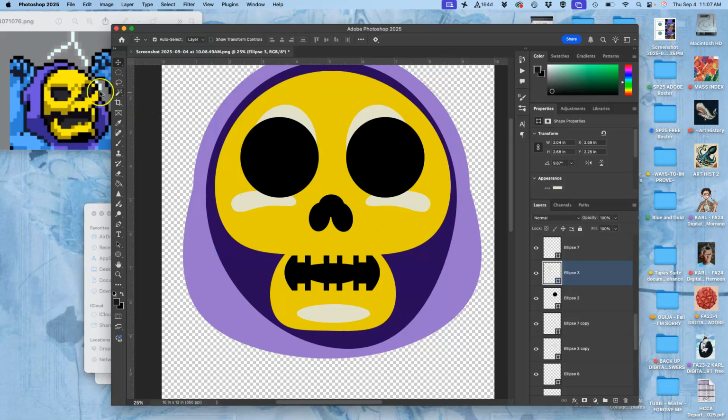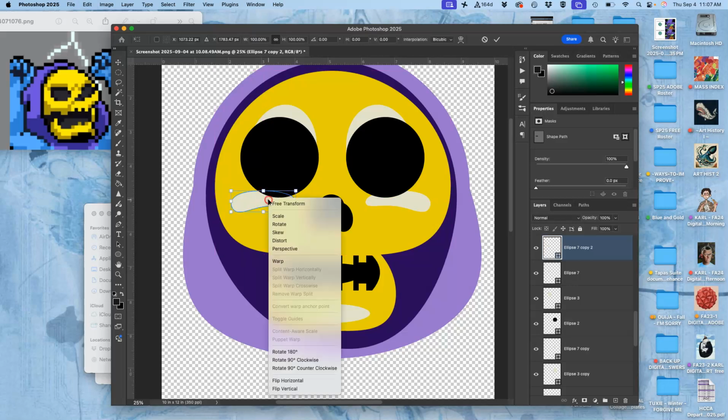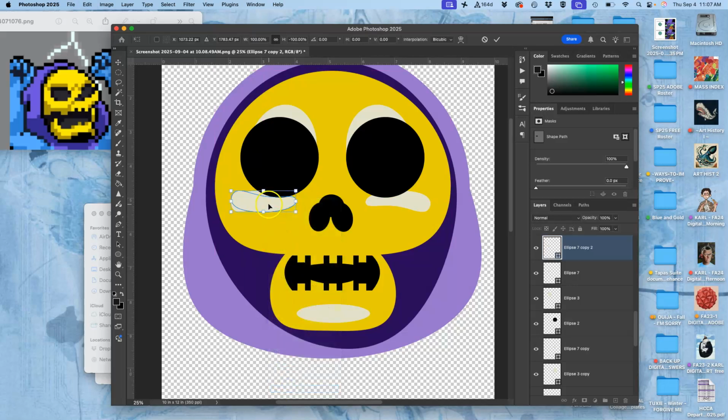Now, one thing I really like is a little bit of a shadow on the cheekbone. So to do that, I'm going to duplicate this shape, which I've already made, Command J. Going to flip it vertically. Going to move it and rotate it and stretch it, holding down Shift, down. Maybe warp it a little too. And I'm going to turn it into a shadow. So I'm going to stretch it from here out, and then from the edge